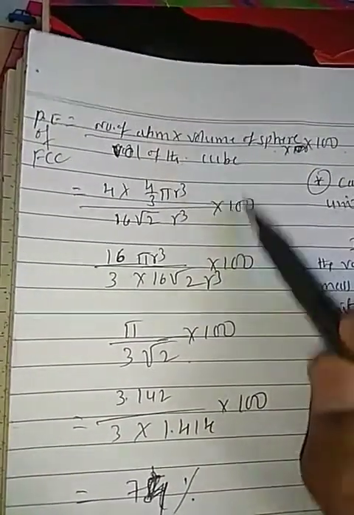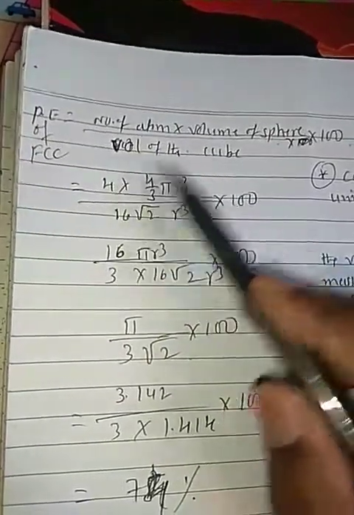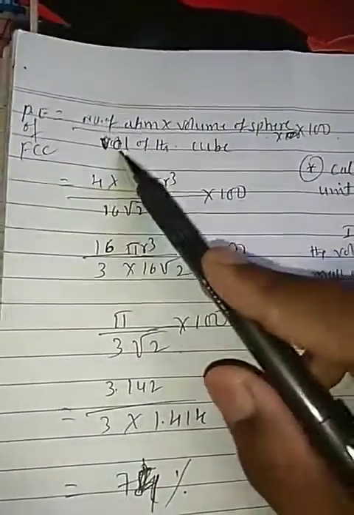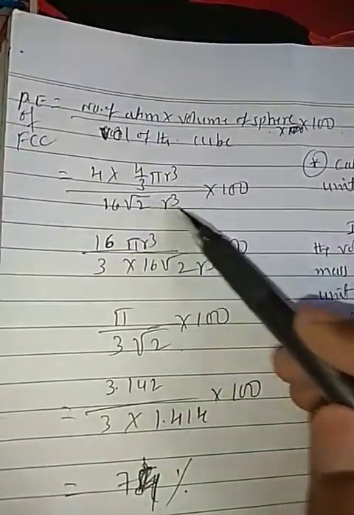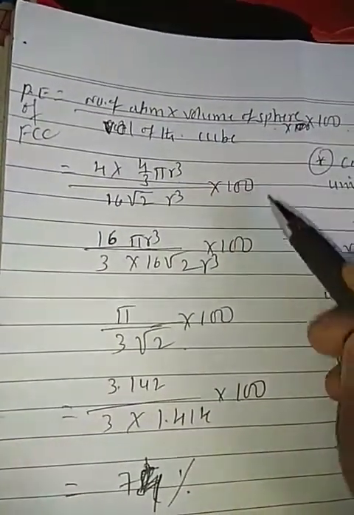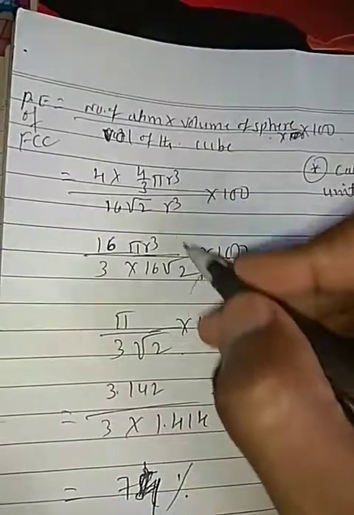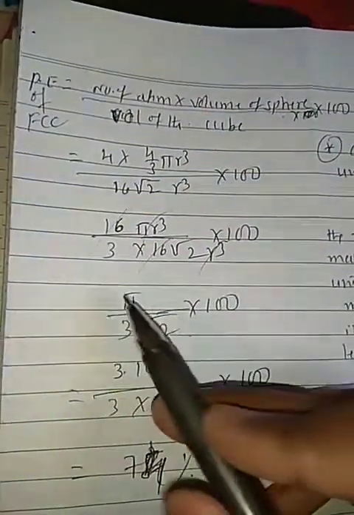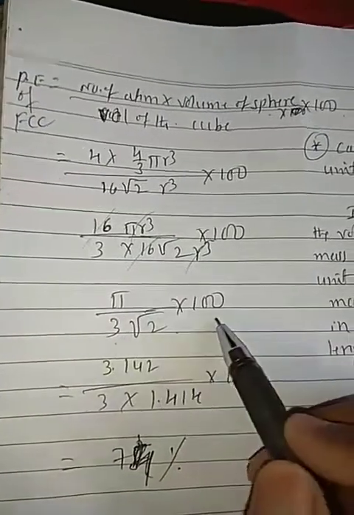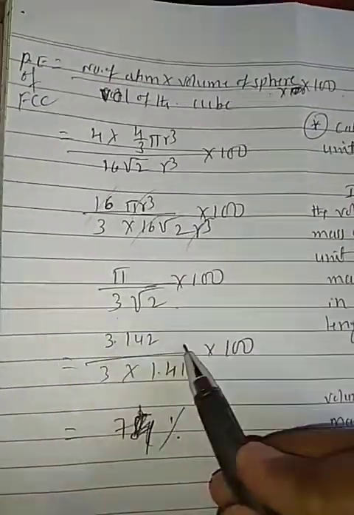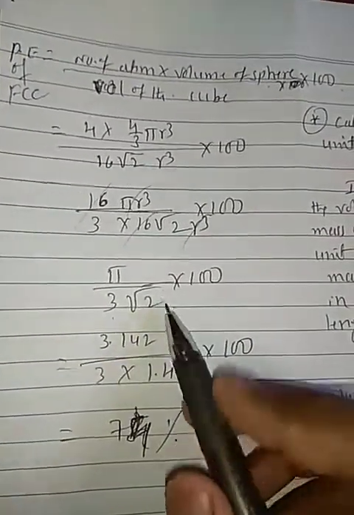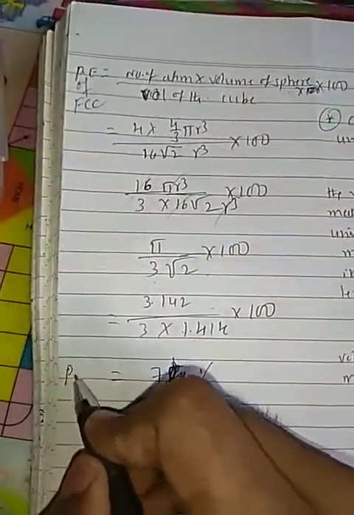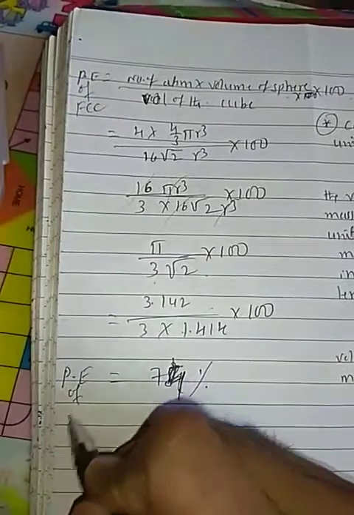The number of atoms is 4. Volume of the sphere is 4/3 πr³, the spherical. Volume of the cube is 16√2 r³, times 100. So in this case the r³ gets cancelled, and the 16s are cancelled here, students. π into √3 into √2 into 100, where π is 3.14, √2 is 1.414. We got the packing efficiency of